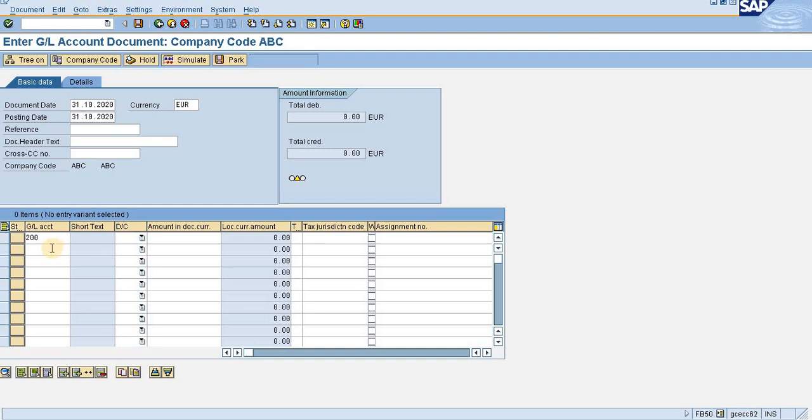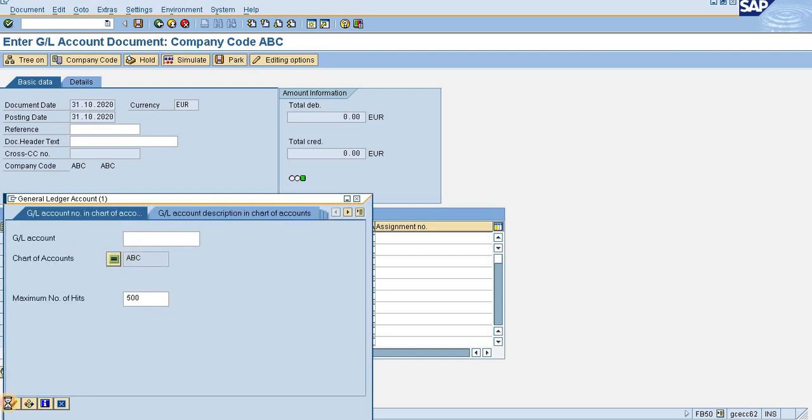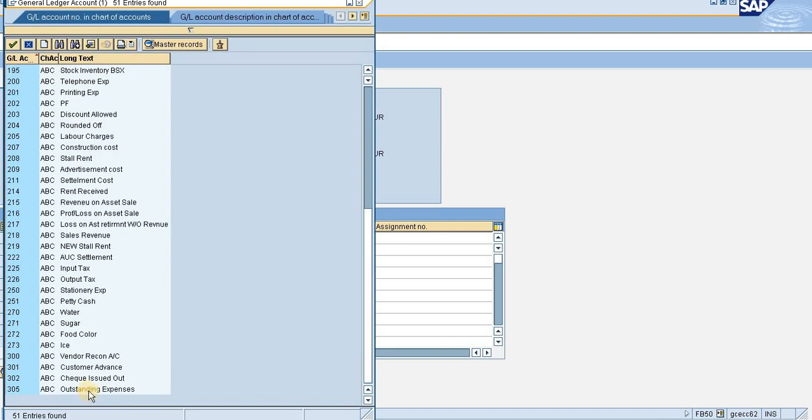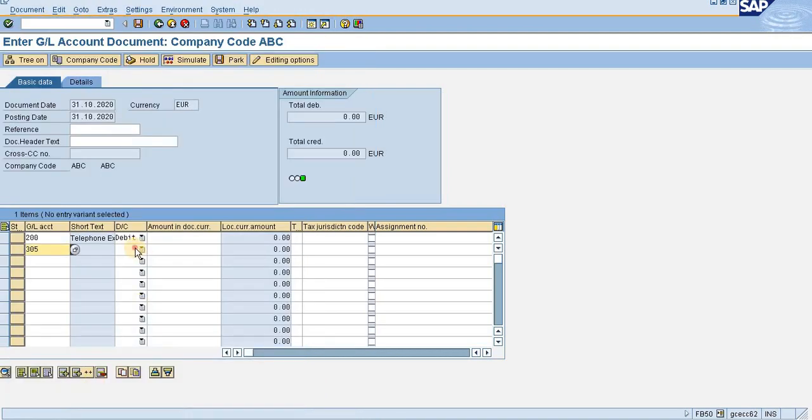Now the next is the outstanding expenses account, so making it credit. Now say my telephone bill generally comes around 600 rupees. So 600 rupees I am putting in.